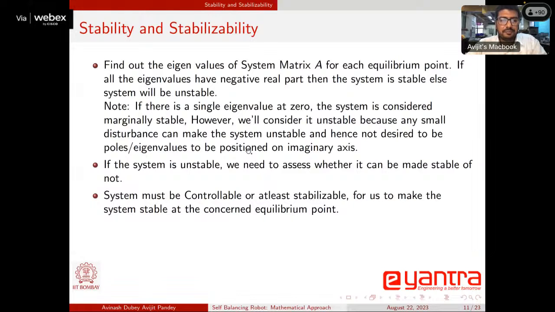If the system is unstable, it's important that it needs to be controllable. So an unstable system can be controllable. That represents that we can design a controller which will be able to control the state of the system. Okay. So controllability of the system is calculated through a controllability matrix. This matrix is represented